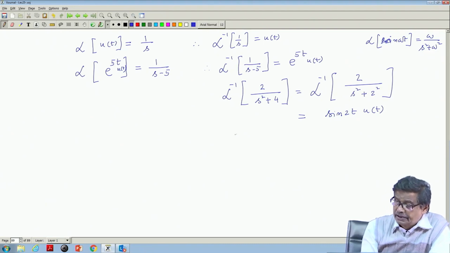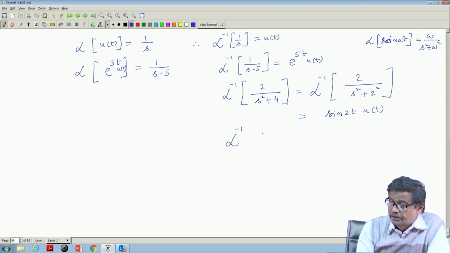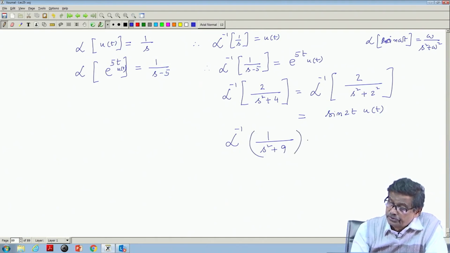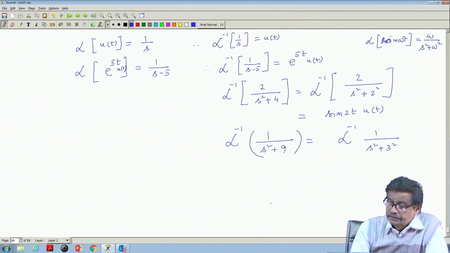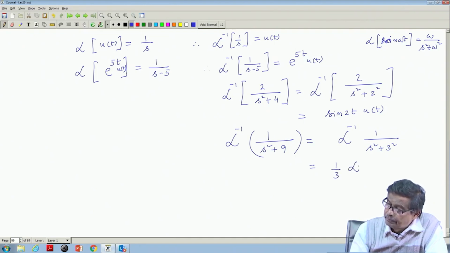Got the point. Similarly, suppose somebody says Laplace inverse of 1 by s square plus 9. What I am going to do is this, I will say that Laplace inverse of 1 by s square plus 3 square. But you see there is no 3 here. So, what you have to do is multiply with a constant 1/3 and say that Laplace inverse of 3 by s square plus